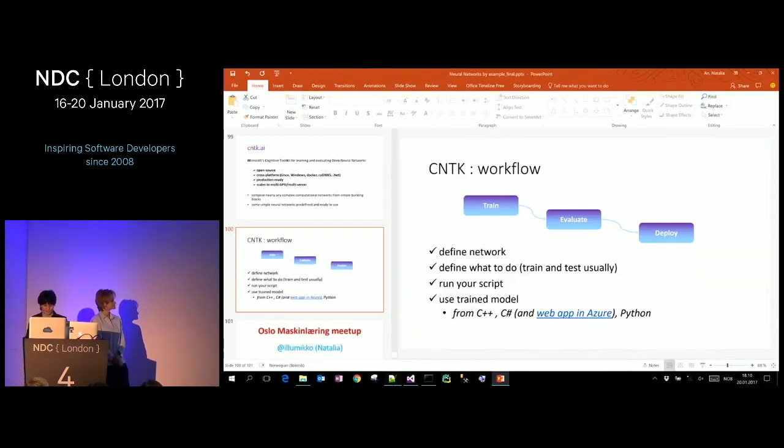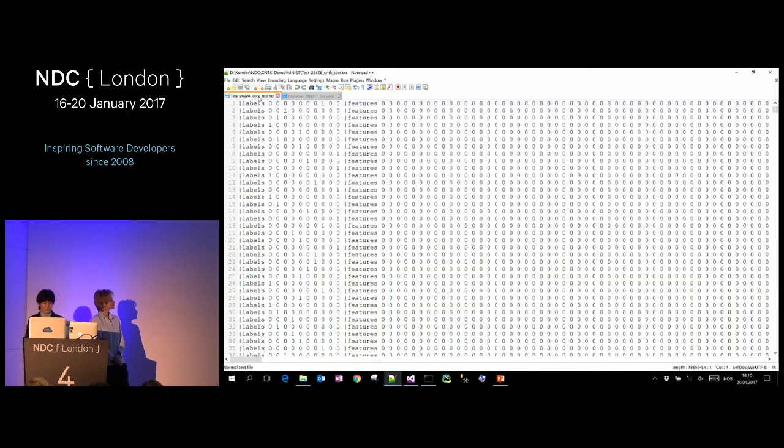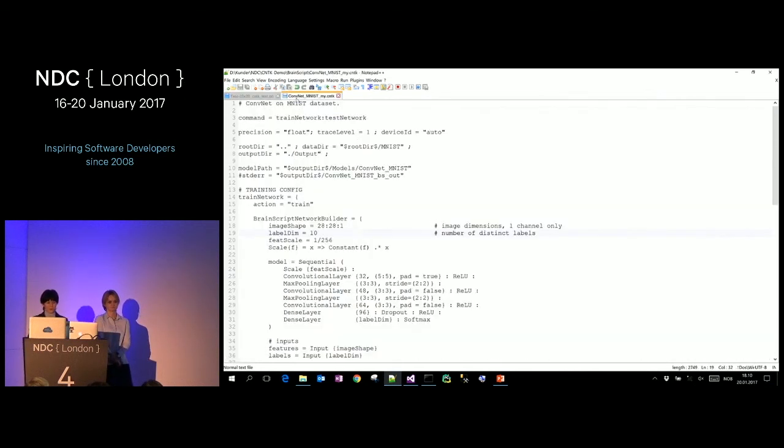First, I just want to show you my data. Here it is, labels, and all the features, all the 84. Katya already explained it, so I'm not stopping on it. That's my script. I say there's a command. The command is train network, test network. I need to test so I know how good my network is. And of course, we have different data sets, one for training, one for testing. Then there's a data dir, so it says where I actually find the data.